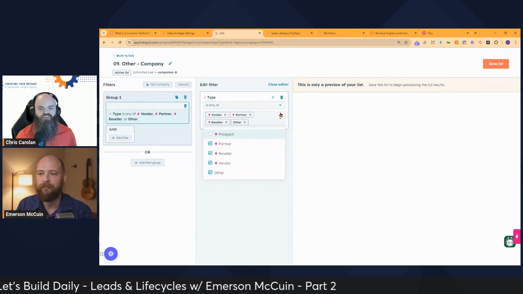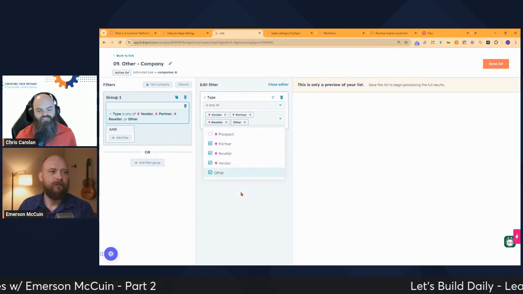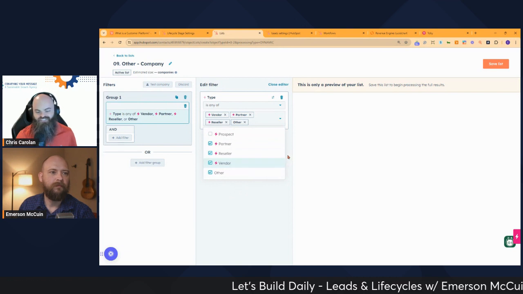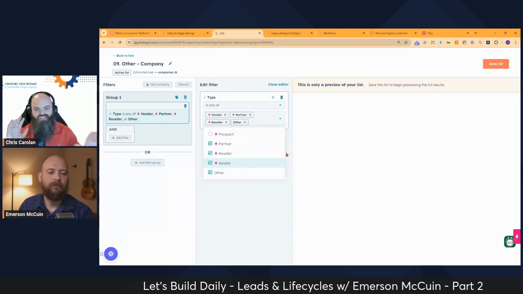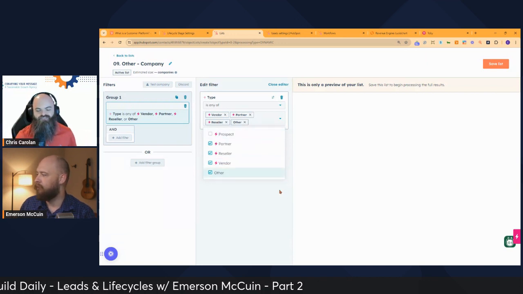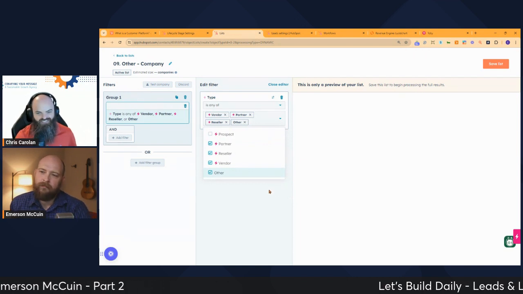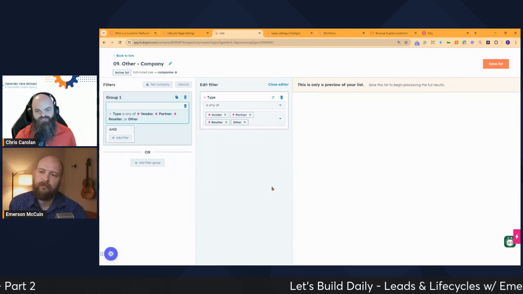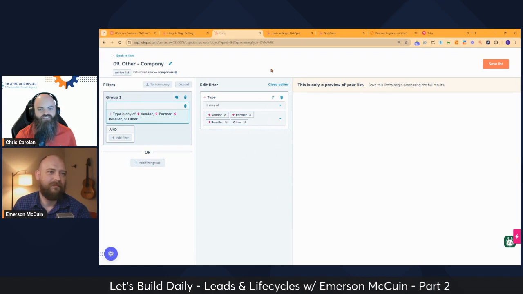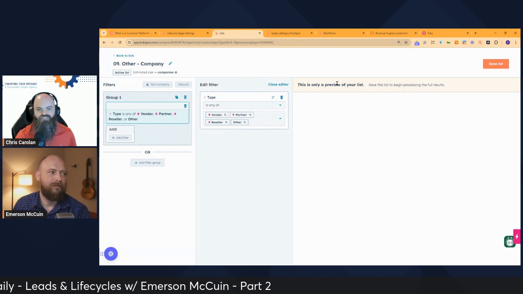Right. Okay. And this is a good example. When we talk about lifecycle stages and organizational types and all these different ways we can classify the records in the system, this is really where the alchemy comes into play: how you use all these different ways to then support tools like lists and workflows and the rest of the system.